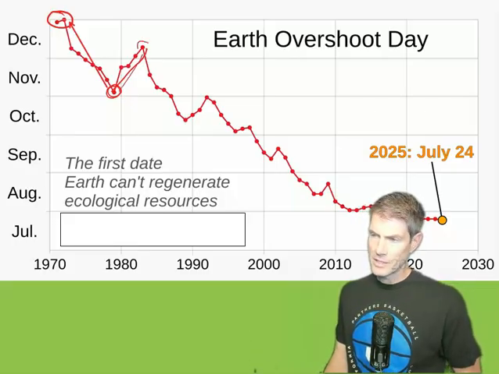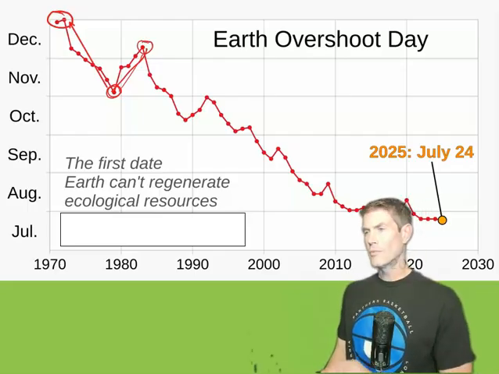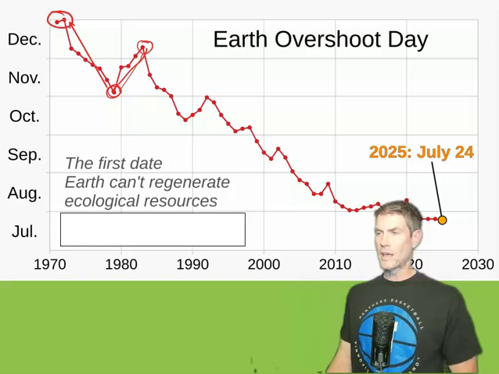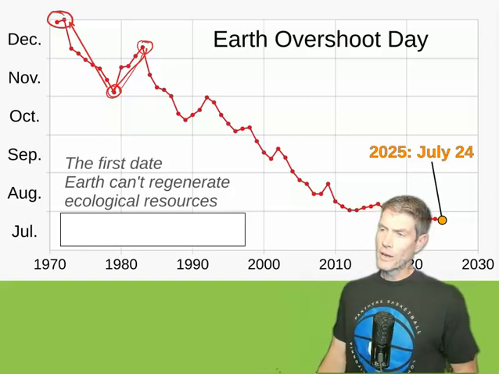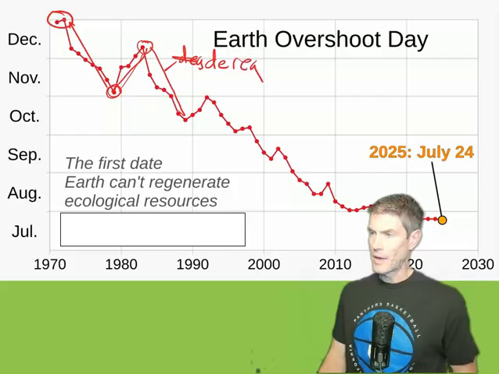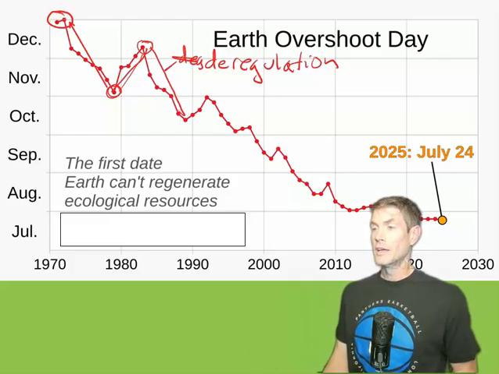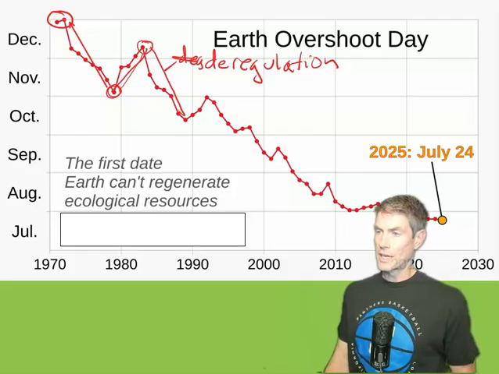But another presidential administration came in and said, we don't want to sustain, we just want to use as much as we can. Deregulation, that's what caused this right here in the United States, because we have such a big impact. So deregulation is a terrible thing in terms of keeping the Earth available for us to use. You trash the Earth, you trash your own chances.